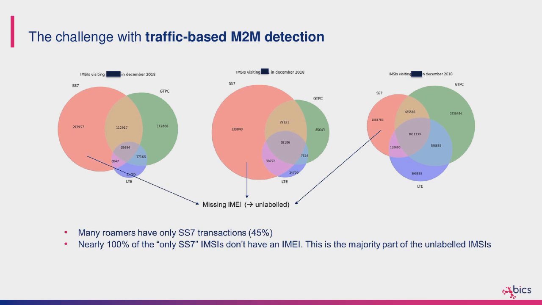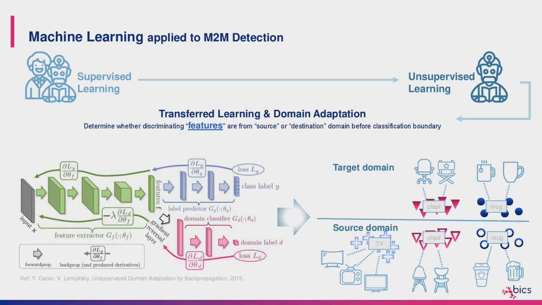And here we're talking about features like the number of spam messages that a particular roamer received. We're talking about the number of unique SMSCs that a particular roamer contacts, either in terminating SMS or originating SMS. There's a lot of very fine, peculiar things that happen that are unique to humans and unique to machines. And that allows you to start building the picture of what at a signaling level is a human or machine.